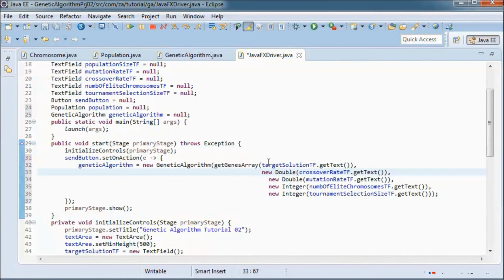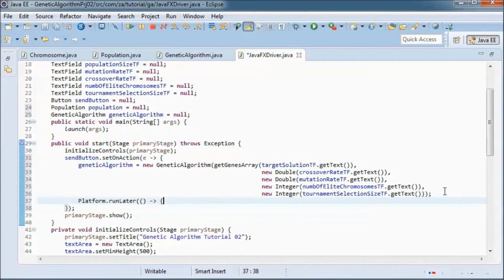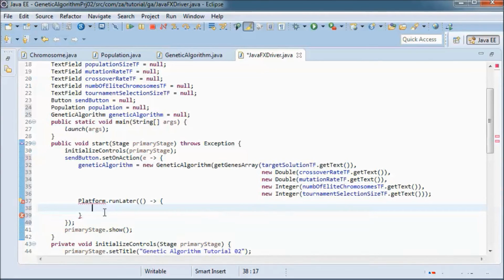So we have the target solution and the crossover rate and the mutation rate and the number of elite chromosomes, and the tournament selection size. And we'll do Platform.runLater.